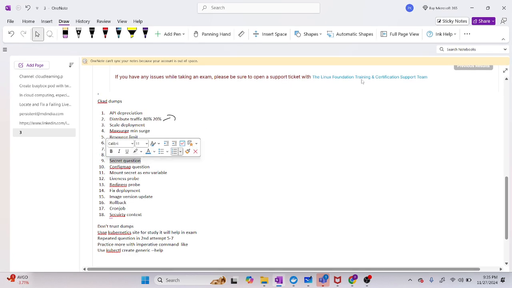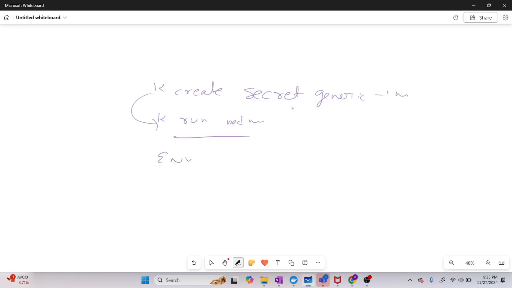Secret question, that is an easy one. The only trick is you can use k create secret generic and the name, then you need to create a k run and then pod name, pod, then you need to mount it as an env. So what we can do, env we have to create first. So you can create an environment variable, or